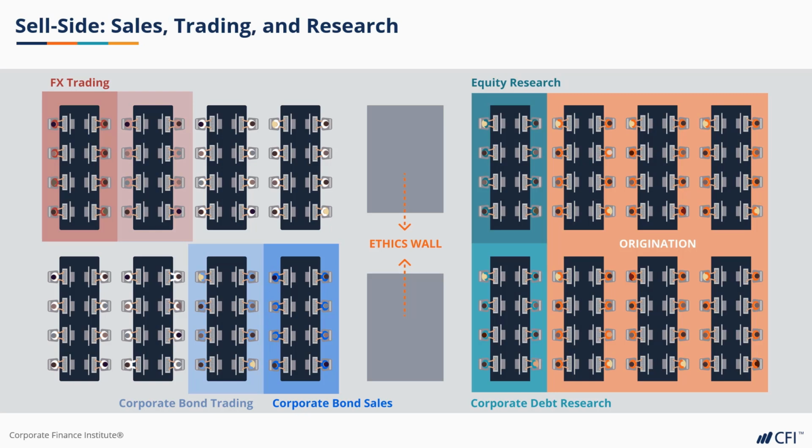Given the heavy amount of interdependency that sales, trading, and research have, it's very important that the way that these functional teams are structured and set up physically within a firm is conducive of sharing information quickly, efficiently, and effectively. So taking a look at our drawing here. In sales and trading, each role is the intersection of two parts, function and product. For example, there may be a managing director of corporate bond sales, and then the table behind them will be a trading desk headed up by a managing director of corporate bond trading. There may also be a director of FX sales as well as a director of FX trading in another portion